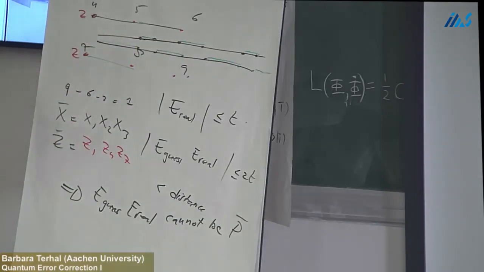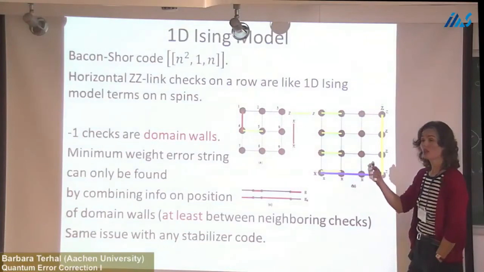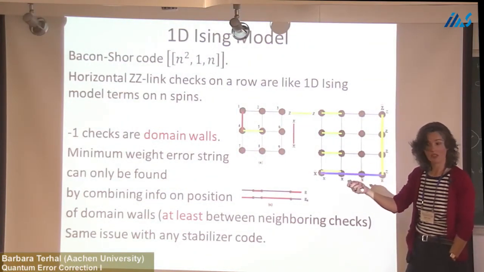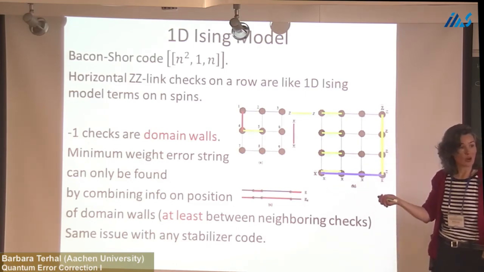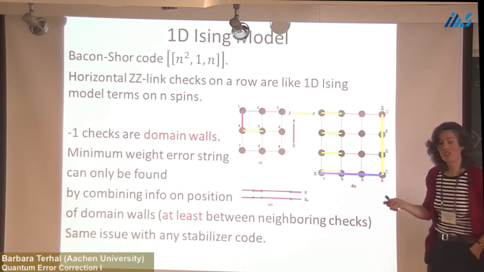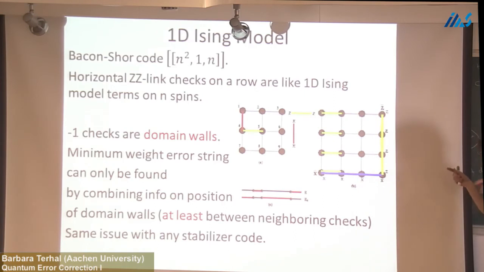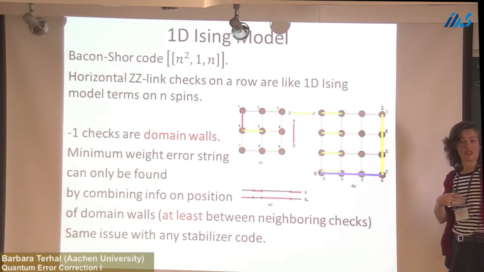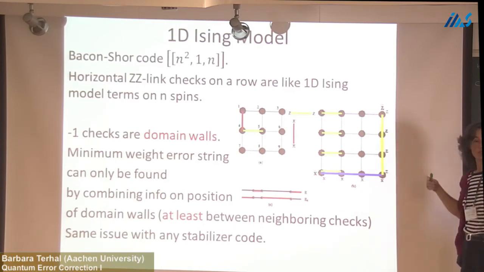So the problem is that in order to do the correction, if you want to do it with some logic, with your basic qubits, that logic is not completely trivial, and it's not completely local. Because I could say, well, I check my neighbors, I have -1, and if my neighbor is -1, I match it there. But if it doesn't happen, I need to look at the neighbors of my neighbors